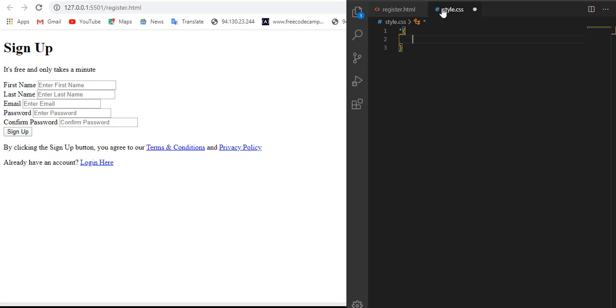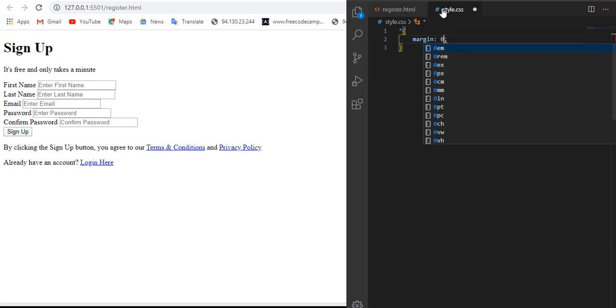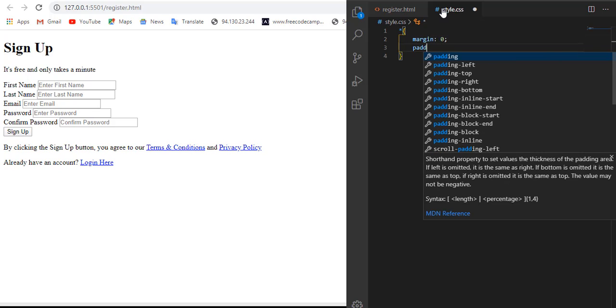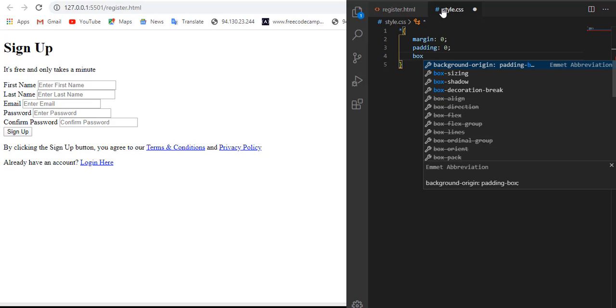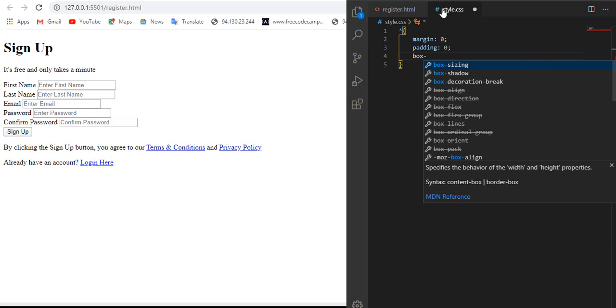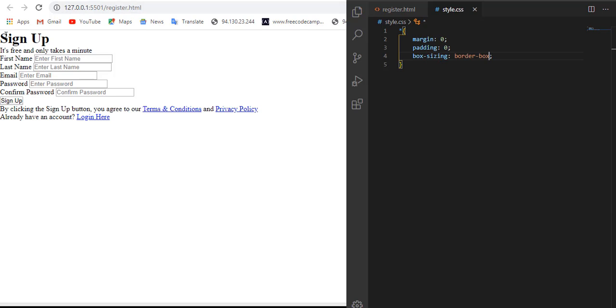So by asterisk and open bracket, and set margin to 0 and padding to 0. And box sizing. So I set the box sizing to border box. If I save, you see the default goes away.